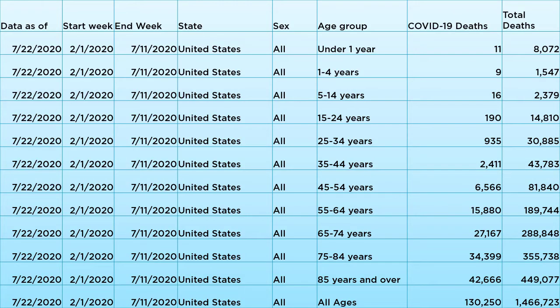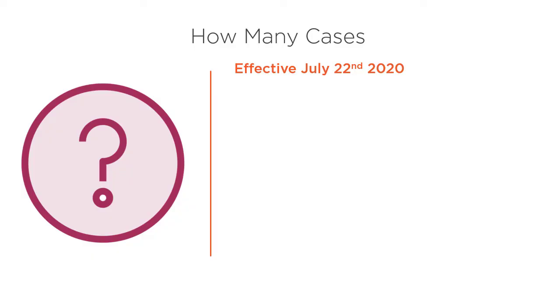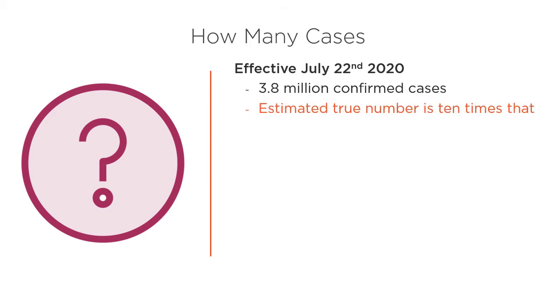It's very difficult to know at this time what is the true case fatality rate by age of the COVID-19 virus. On July 22, 2020, the CDC shows 130,250 deaths due to COVID-19, with 3.8 million confirmed cases. The true number of cases is unknown, since many are asymptomatic or never get tested. The CDC estimates that the true case count is 10 times that number, so let's use 38 million as the